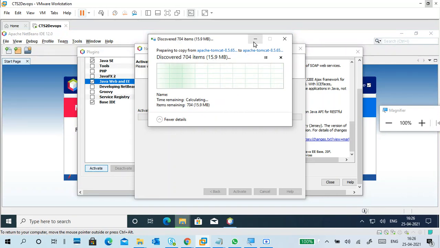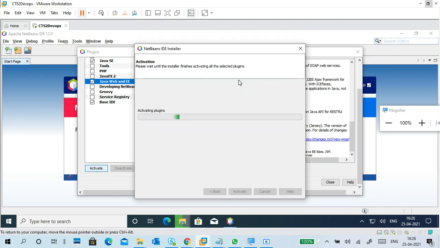Just for 15 MB, 16 MB, it is taking that time. Unnecessary touch.